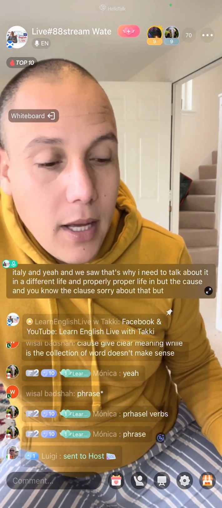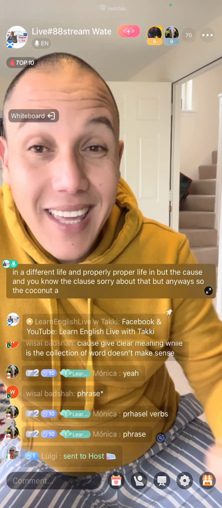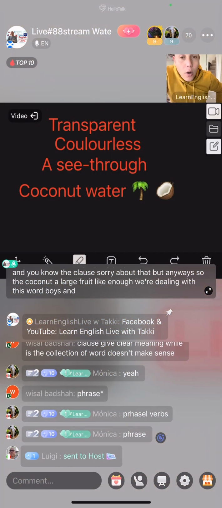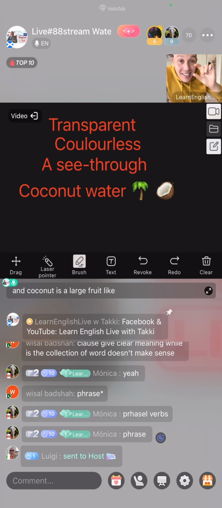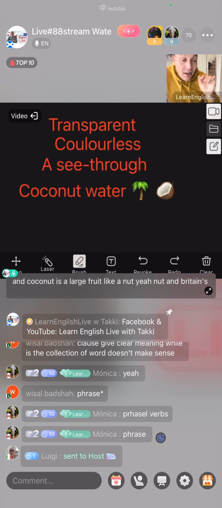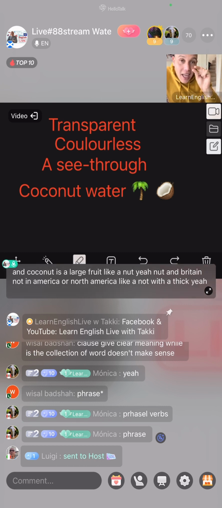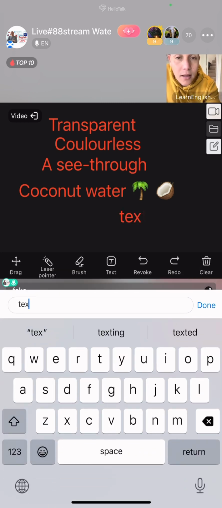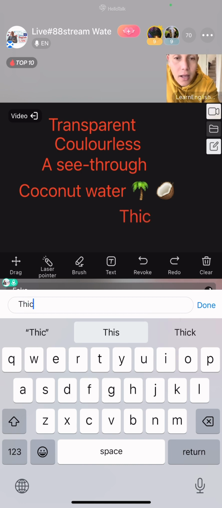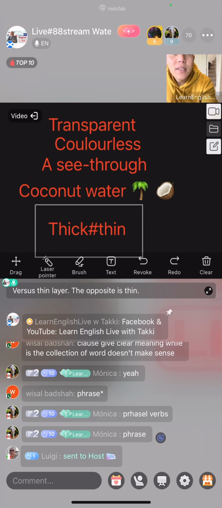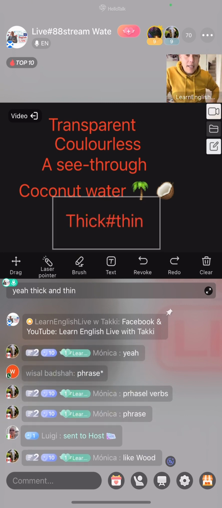But anyways, so the coconut, a large fruit, like a nut. We're dealing with this word, boys and girls. Yeah, coconut water. And coconut is a large fruit like a nut, yeah? Nut in Britain, nut in America or North America. Like a nut with a thick shell, yeah? Thick and thin. Thick versus thin, yeah? The opposite is thin. Thick wood, thin wood,